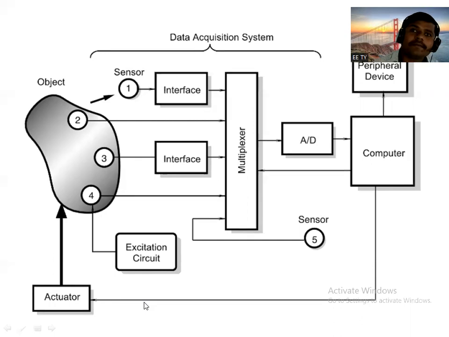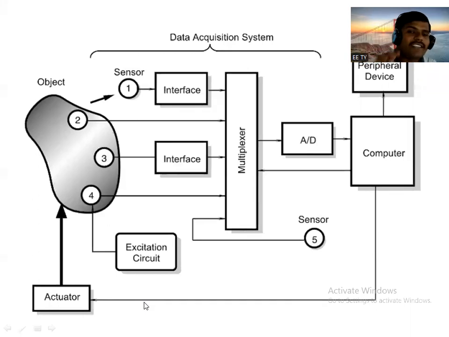So this is the function of the data acquisition system and the control devices, right? Again, there is some data transfer between the multiplexer and the computer, and the computer and the multiplexer. The direct line also indicates that if the output obtained from the multiplexer is in digital format, is there a requirement of an analog to digital converter? No, it is directly fed to the computer. So two lines are shown. If the analog signal is there, then the analog to digital converter is used. If the output is in direct digital format, then it can be directly fed to the computer.